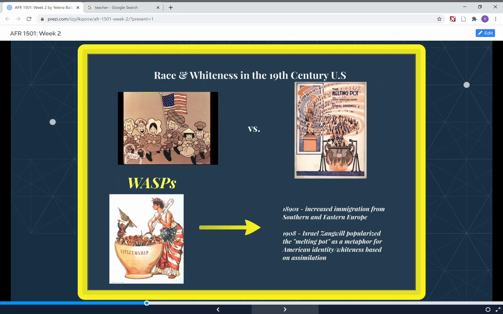But in the late 1800s, we had more immigration from Southern and Eastern Europe, and we had emancipation, right? So now we have free people of African descent. So it changed the racial dynamic, which means that whiteness itself had to broaden to solidify power. And so we had the promotion of a melting pot, which is actually used as a metaphor just to talk about assimilating these different European groups into whiteness, not to talk about maybe today how we often talk about the US as a kind of multiracial, multi-ethnic society.